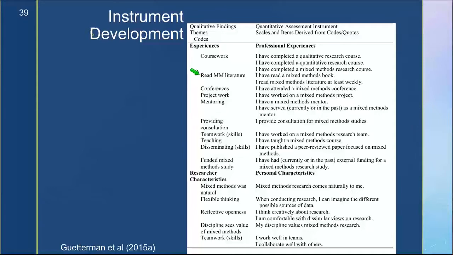In fact, note here that for some of these codes, there are multiple items that relate to that. Reading mixed methods literature was a code, and that became two items: I've read a mixed methods book, and I read mixed methods literature at least weekly. But the idea is to be systematic. And keep in mind, you don't have to have an item for every single code. If it's not relevant to what you're trying to do, then you can leave it off, and that's completely okay